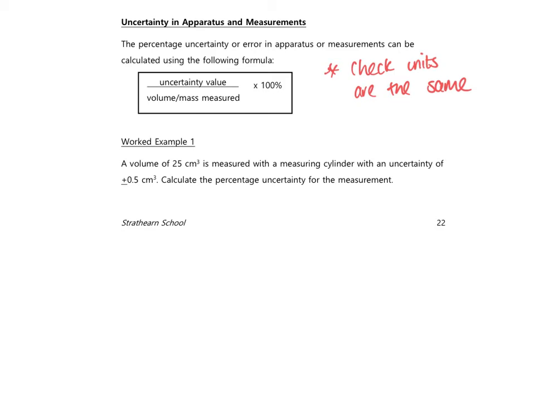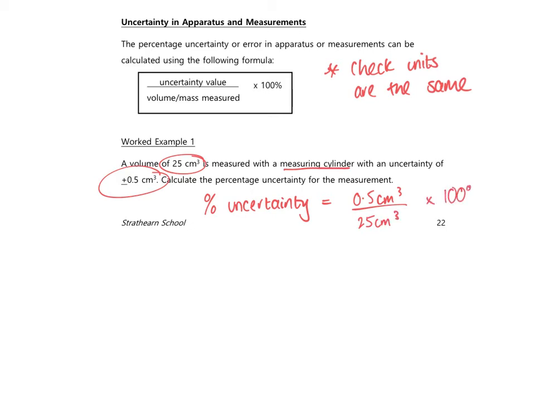So let me do the first worked example for you and with you, and then you can try worked example 2 and 3 on your own. It says a volume of 25 centimetres cubed is measured with a measuring cylinder. So that's our piece of apparatus. So it's just 1 times the uncertainty value. The uncertainty value is plus or minus 0.5 centimetres cubed, and the total volume of the measuring cylinder is 25 centimetres cubed. So if I'm working out the percentage uncertainty, it's simply the uncertainty value, 0.5 centimetres cubed, over our volume measured, which is 25 centimetres cubed,